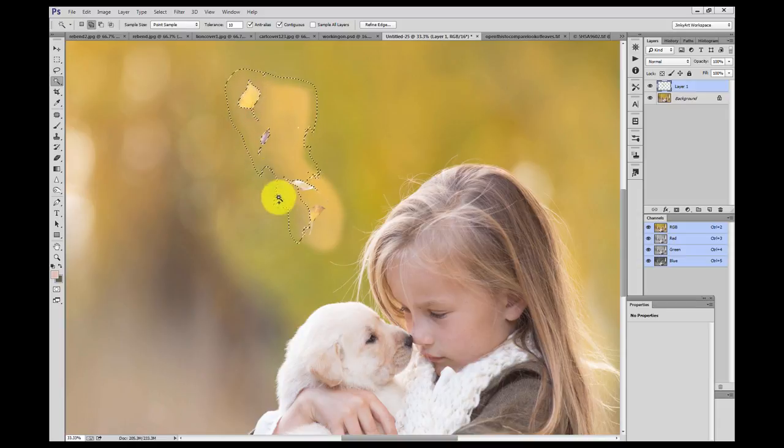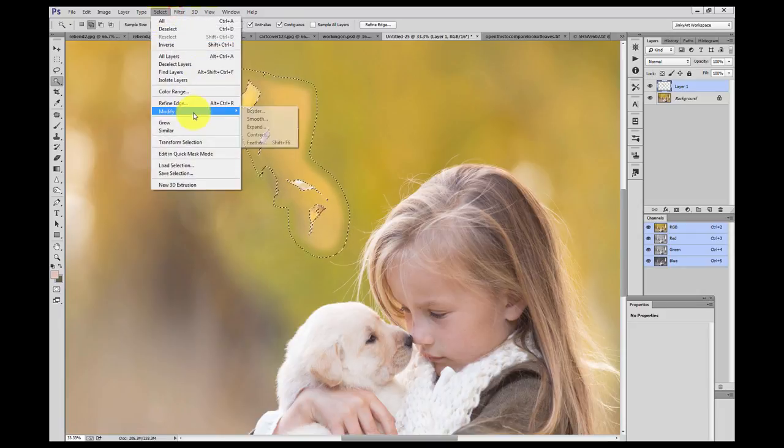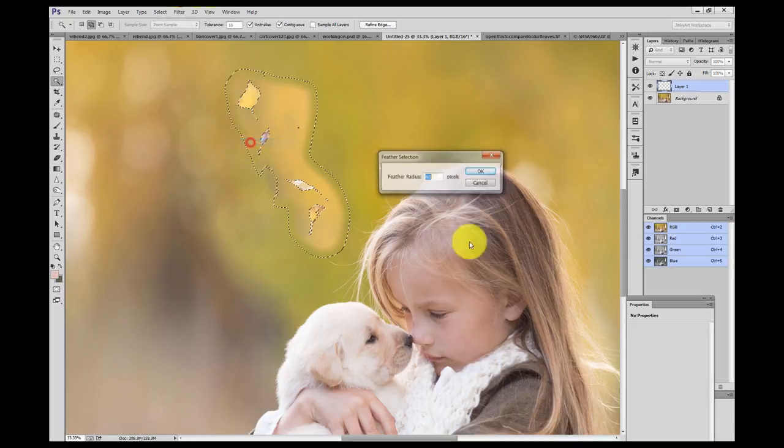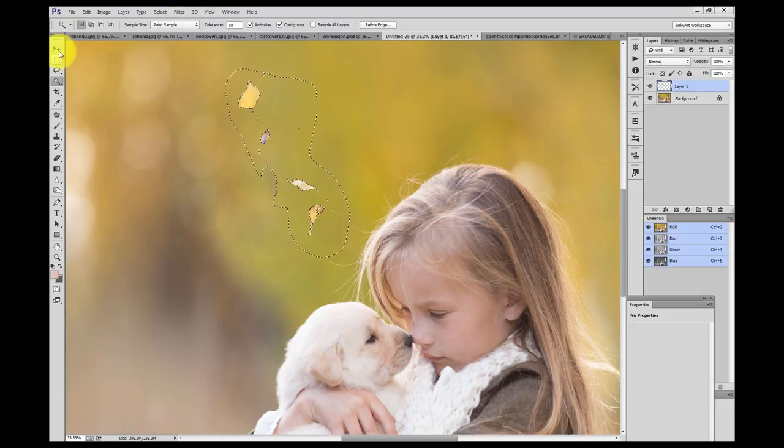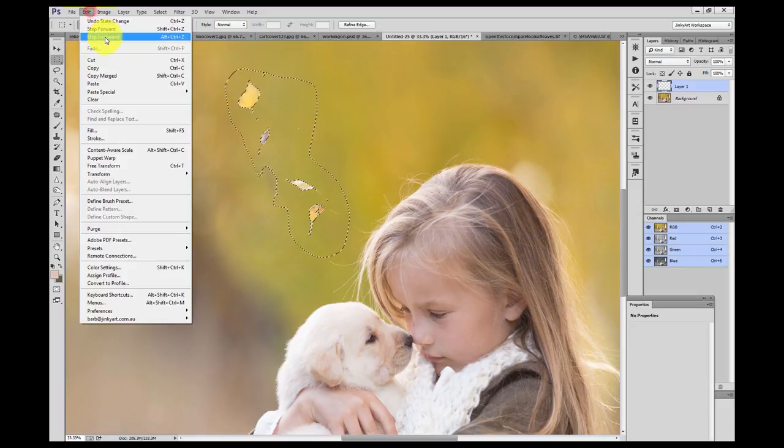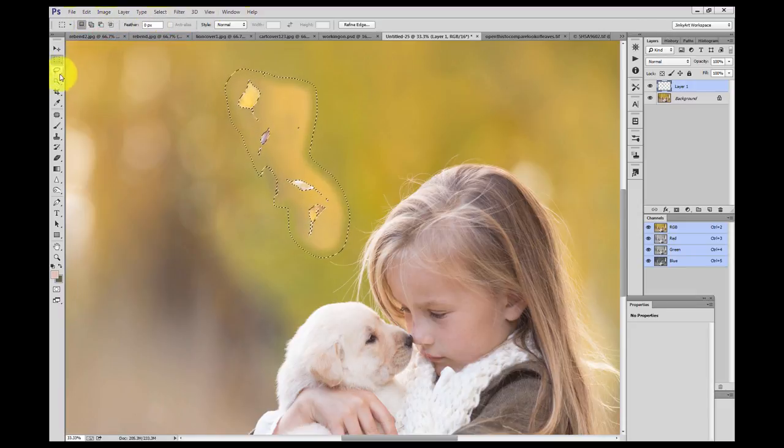and then I just went in with a magic wand on a 10 tolerance and grabbed the leaf. So select, modify, feather, and I'm going to do that as a 2 and delete that off, and there we have the leaves. Now as you can see, it has actually taken too much, so I'll just go back and let's do that again,